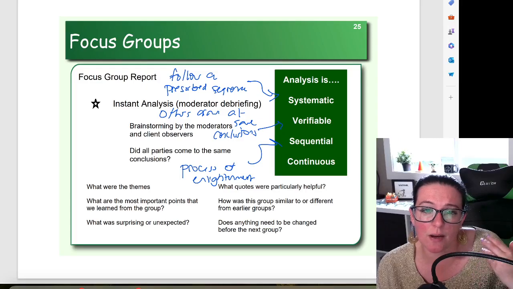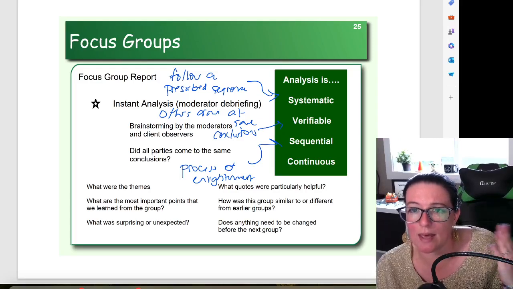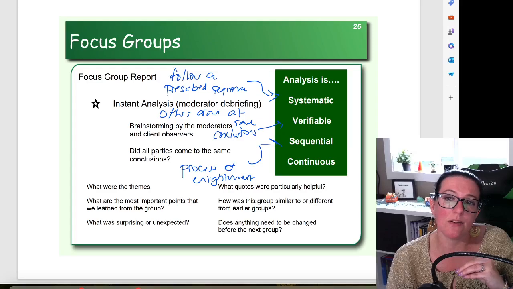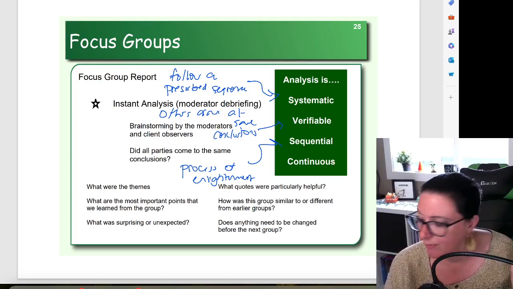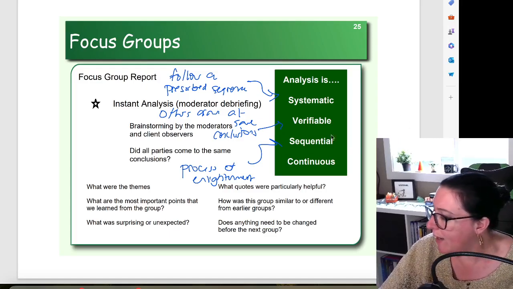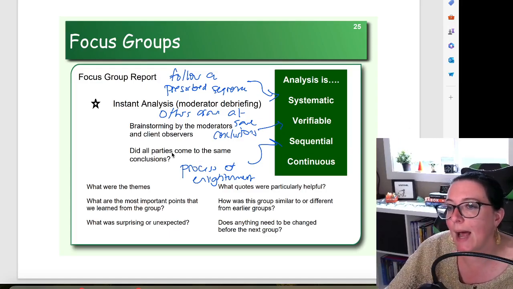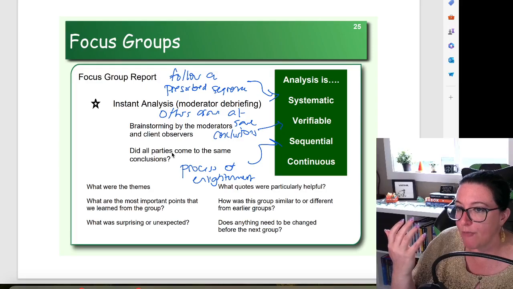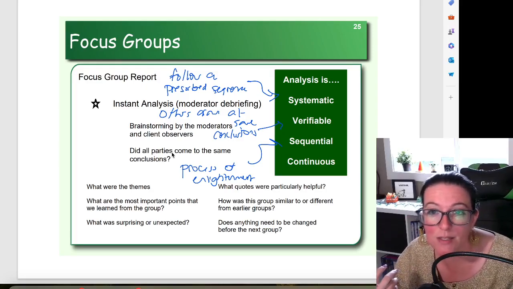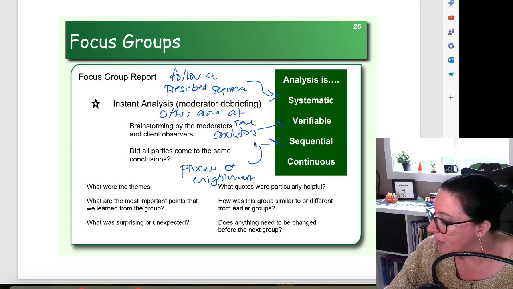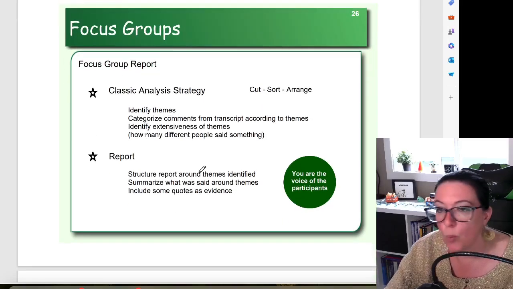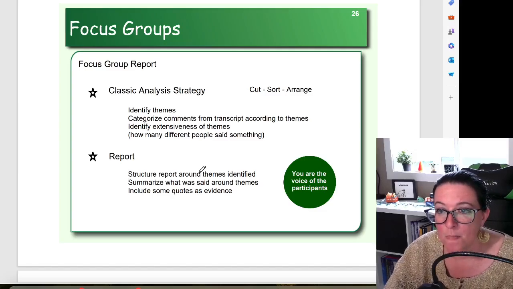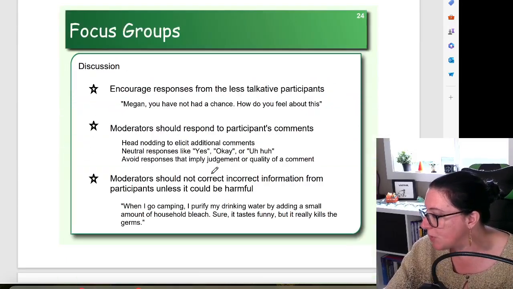Okay. And then continuous: does the analysis improve the data collection, right? So again, making some changes, but small changes just to get better data, not to take us in a different direction, okay? So when it comes to, we do that initial debriefing immediately after, while everything is fresh, while we remember how people responded in terms of the nonverbal cues, all fresh in our mind, we would have that discussion with the team. And then later, after we have transcribed all of the comments and themes, we take our